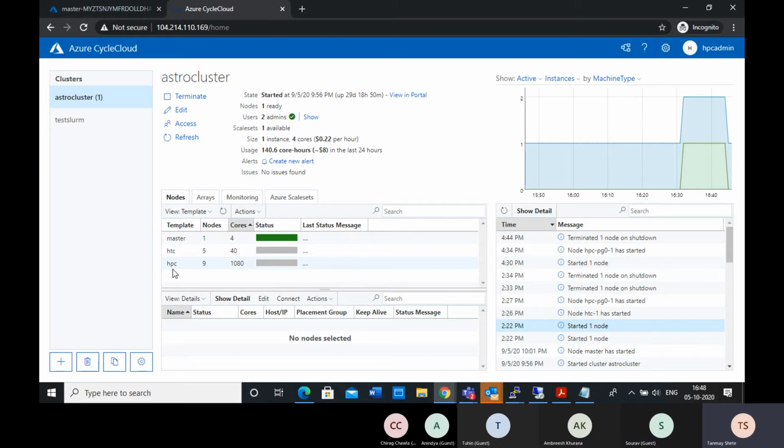Many problems work very well on a single node, so instead of using multiple machines for a single problem, you run it on a single node. All these things you have to remember. Also keep a note that an HTC machine is 8 cores and one HPC machine is 120 cores as of now.